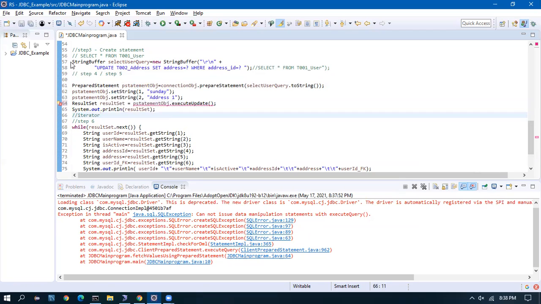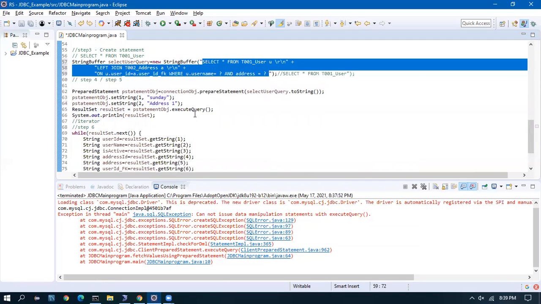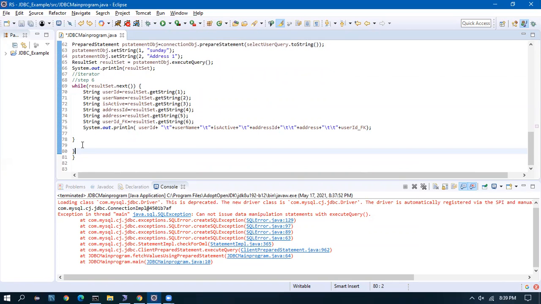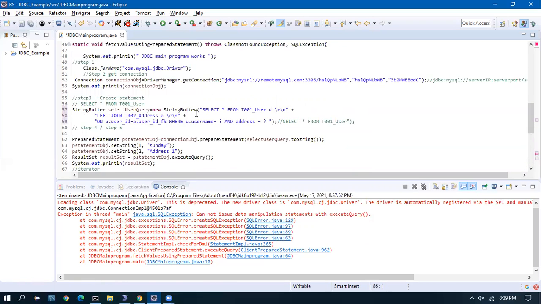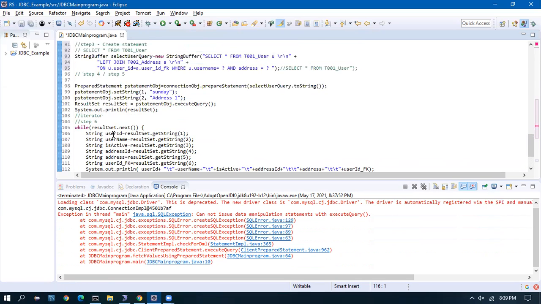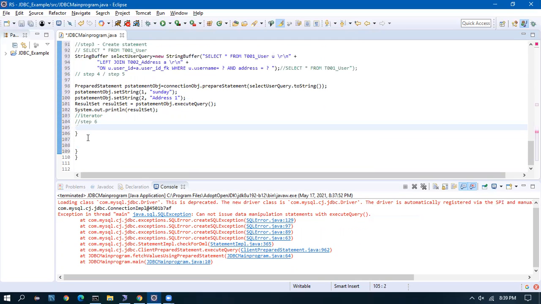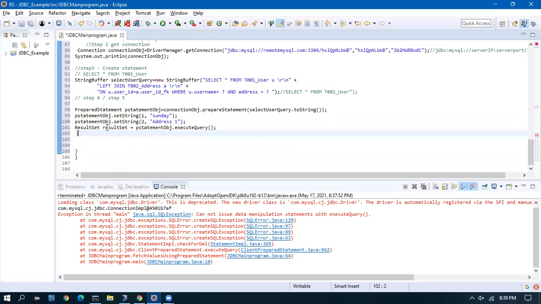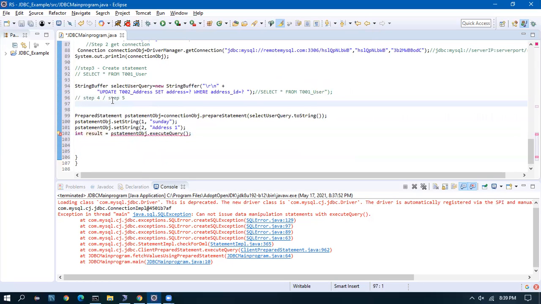I'll do one thing. Let me copy this. Okay, so I have a new method written, execute update.